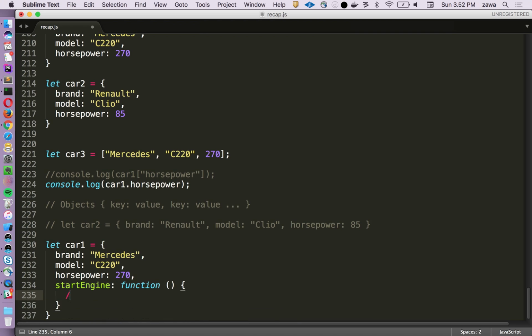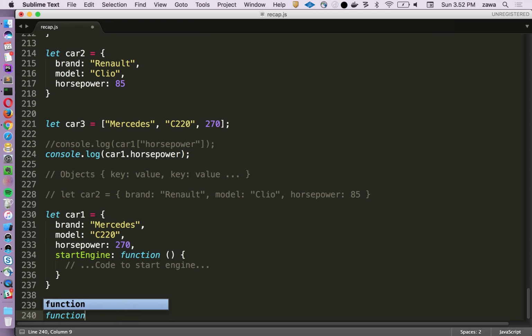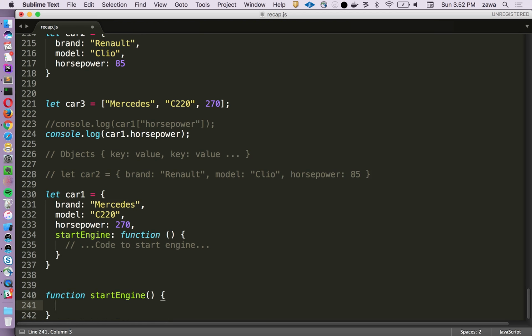And something like this, right? Okay, so this looks different, right, from how we normally type functions? Normally what we do is something like this. And then we would have the actual code to start the engine, right? You see the difference? So what we're doing here is we leverage the fact